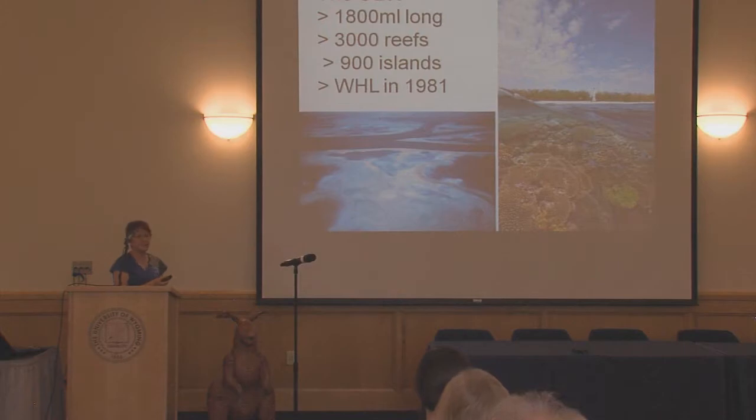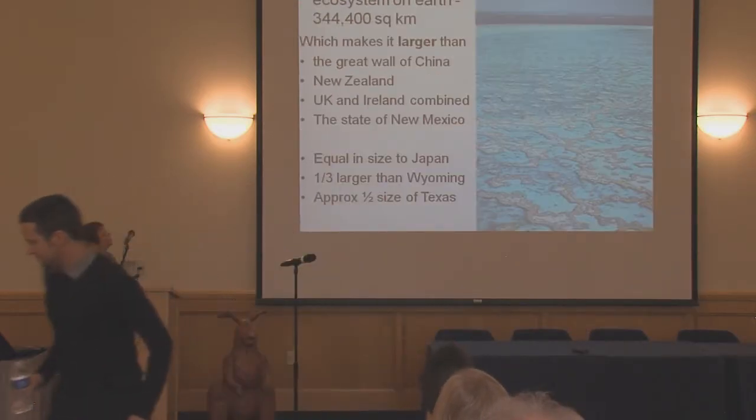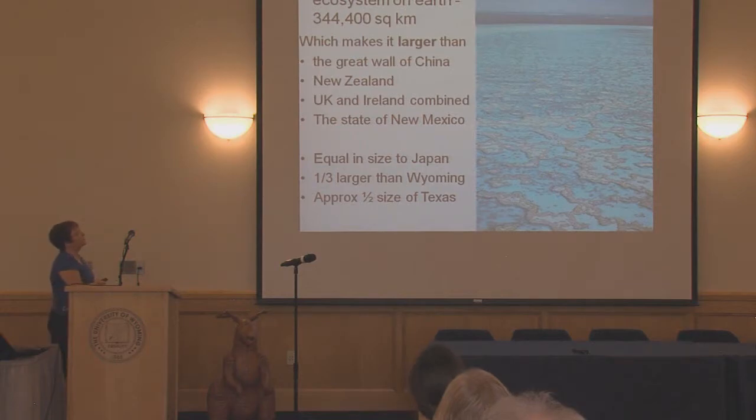And it was World Heritage listed in 1981 because of its values. It's the largest coral reef system in the world, and it extends over 340,000 kilometres. Now, just giving you some statistics here to make it comparable to what you might understand. It's larger than the Great Wall of China, the whole nation of New Zealand, which of course is quite small